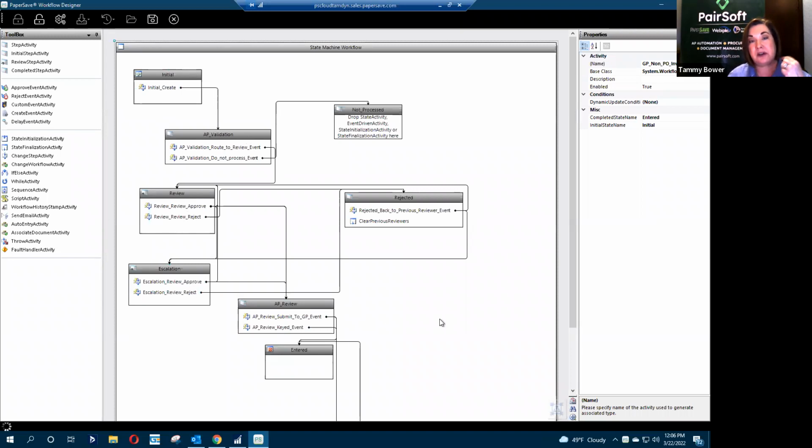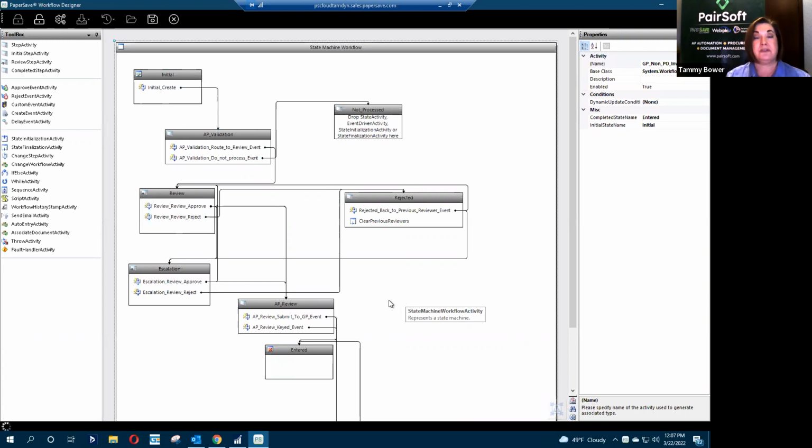But workflows are there for 3 reasons. One, to eliminate bottlenecks, right? So people don't have to make decisions on where it goes. The system's automatically going to move it. Two, to streamline a process, again, streamlining the uploading of that document into the system. And then it's also there to give accounting insight as to where a document is at any given time.